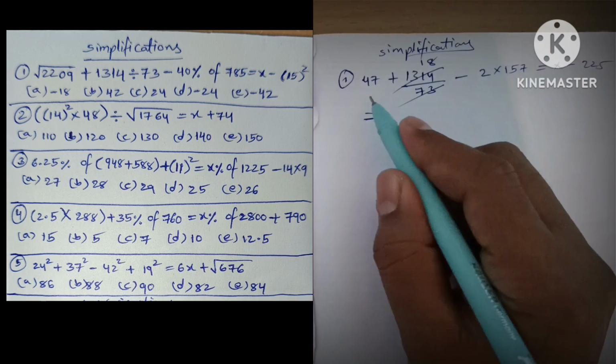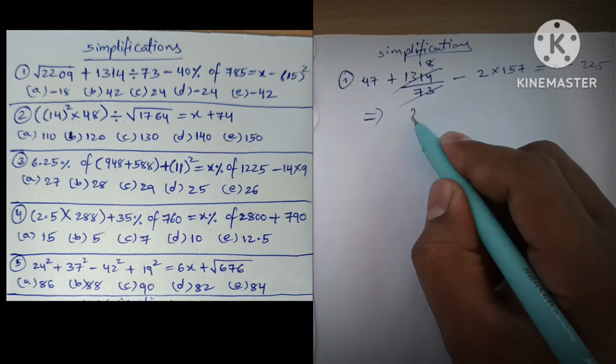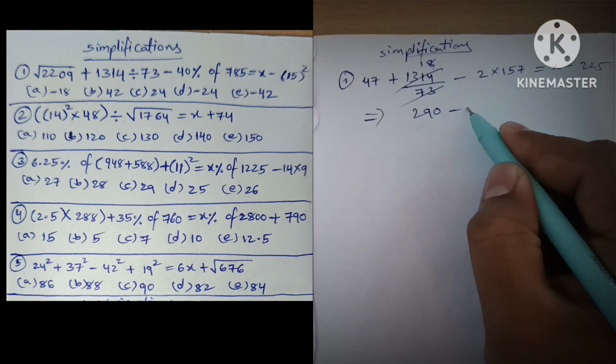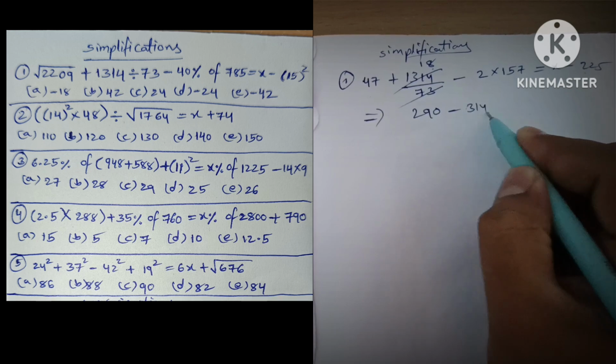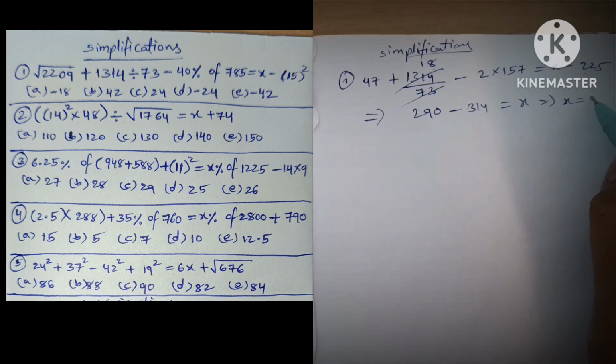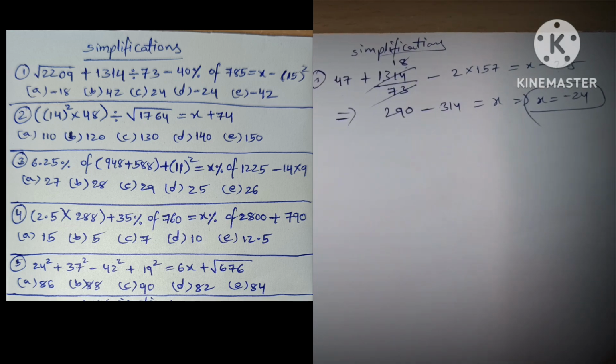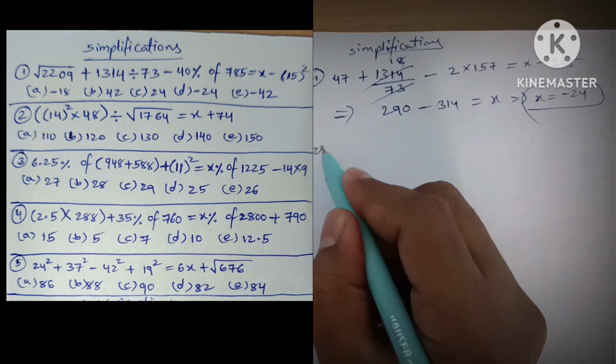Now 47 plus 18 plus 225 which is 290 minus 314 equals to x. Therefore x equals to minus 24. This is our first question answer. Second one,